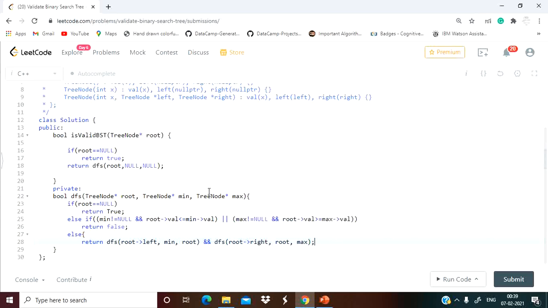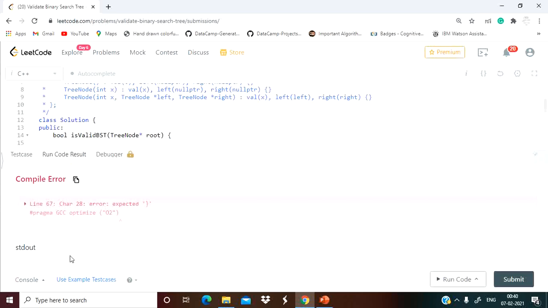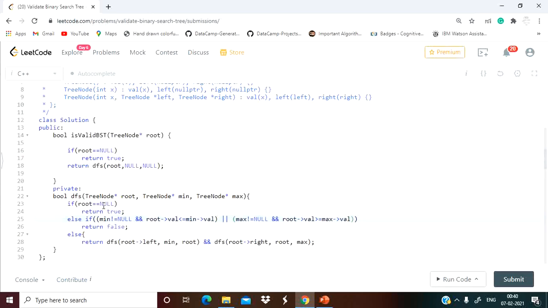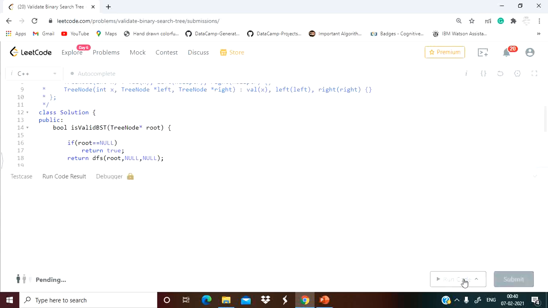So let us run our code. Oh, by mistake I have made it capital, because in Python we do have capital. Okay, so let's run our code.